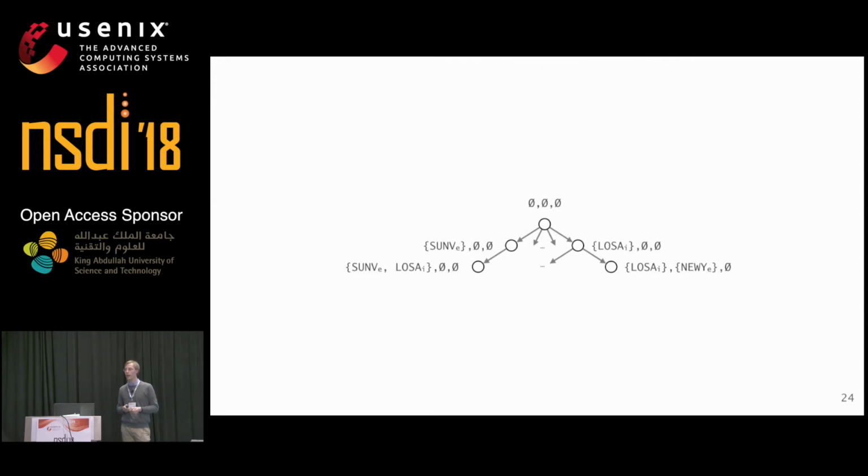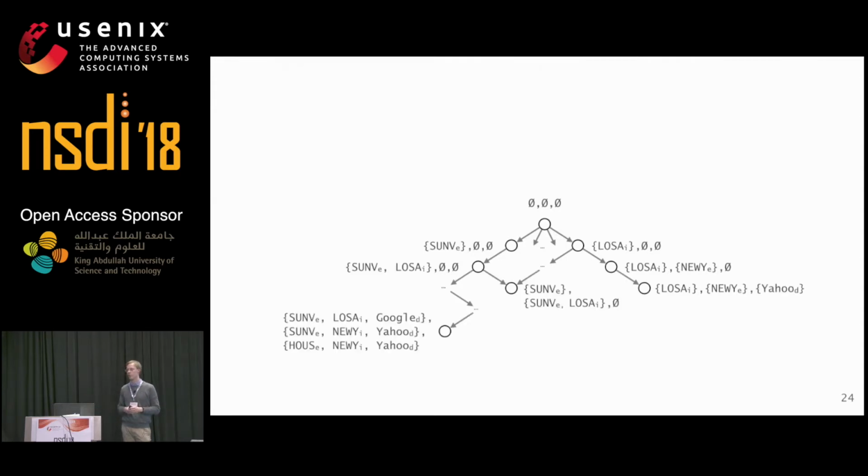If we look at the example for k equals 3, so at most 3 path specifications of at most size 3, we can start with the empty path specification, which describes nothing, and gradually expand it. So always extend one of the specifications in it by one feature value. On the left-hand side, for example, we extended the first specification by egress Sunnyvale, and on the right-hand side, we extended it by ingress Los Angeles. Now we can do this on and on until we have the full search space.